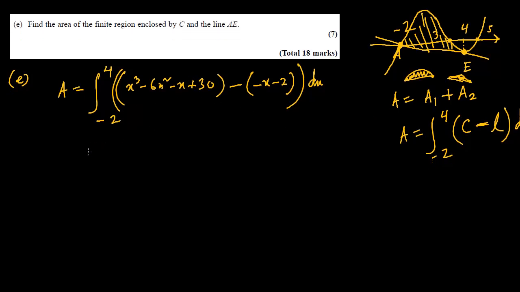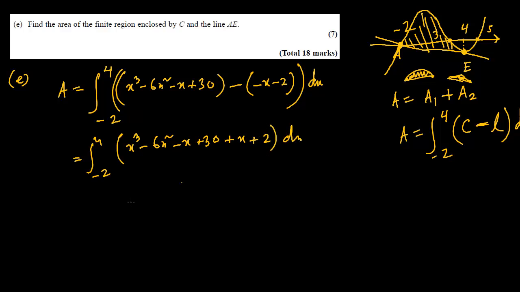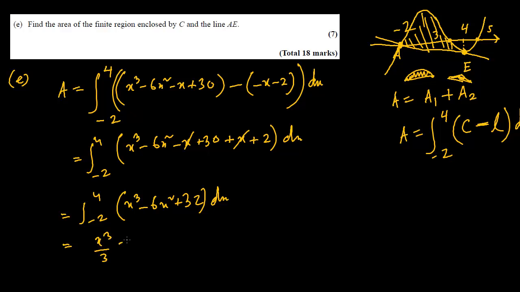So let's simplify this. So -2 to 4. This is going to be x cubed minus 6x squared minus x plus 30, minus (minus x) is plus x, minus (minus 2) is plus 2, dx. Then we can write -2 to 4, x cubed minus 6x squared. This thing and this thing cancel off, plus 32 dx,